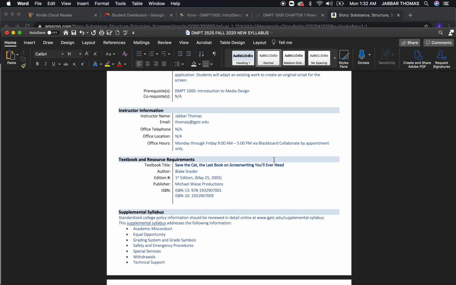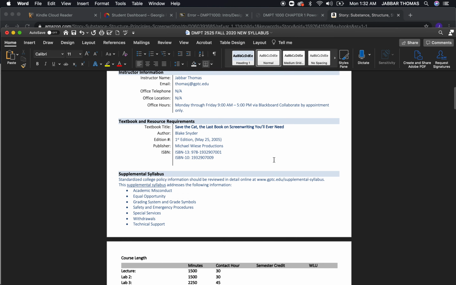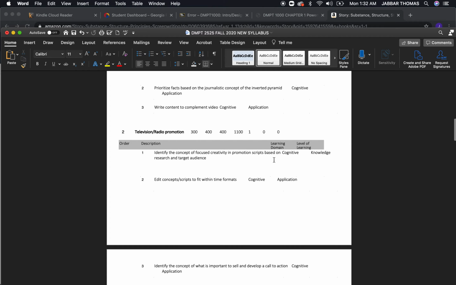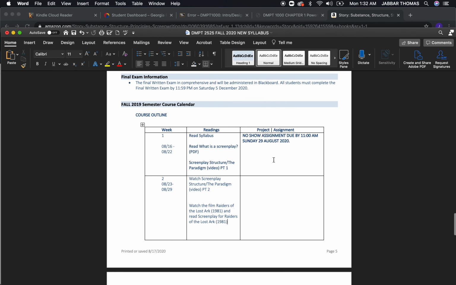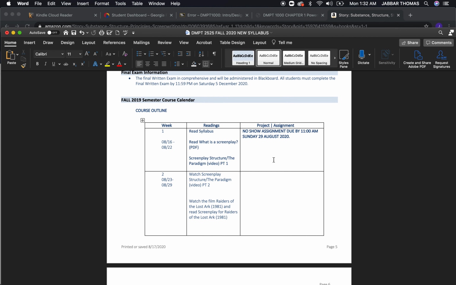There's a lot more detail we're going to go into with your project assignment sheets for each one of those projects, telling you what you're going to do. There's a lot more that's going to happen, but I'm really excited about this course. I do want to let you guys know that this is going to be a lot of hard work, but if you really want to be a filmmaker, this is where it all boils down to.